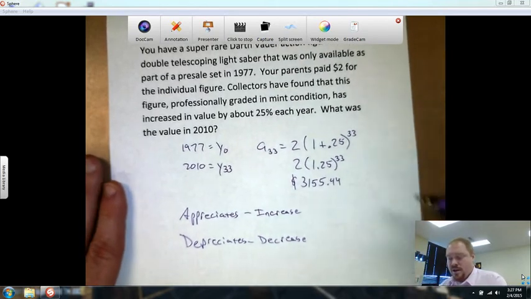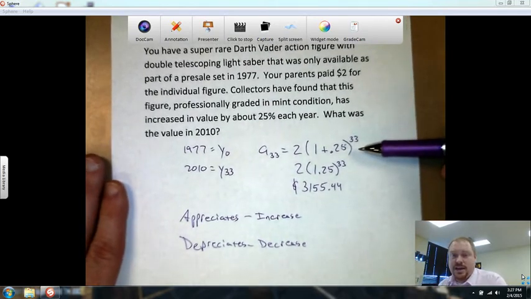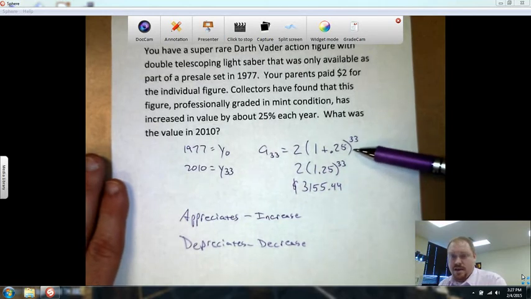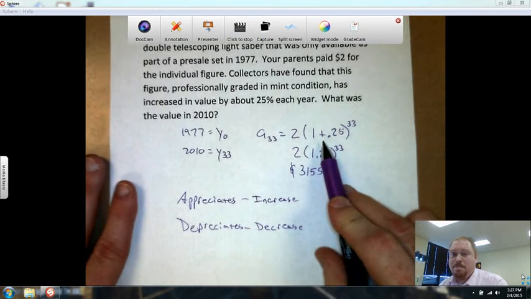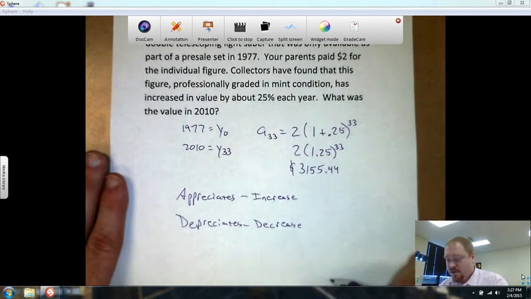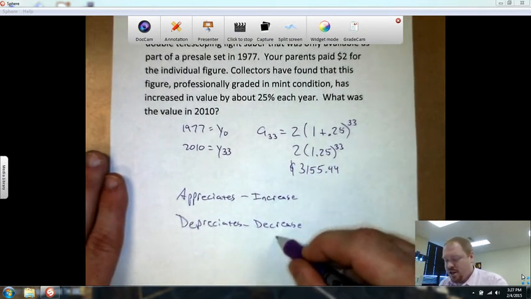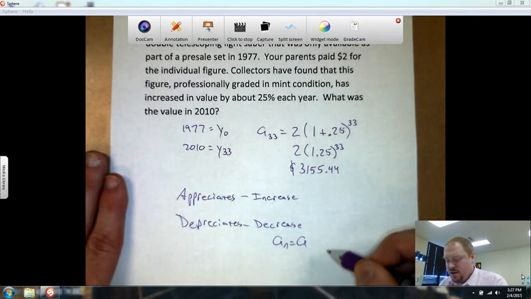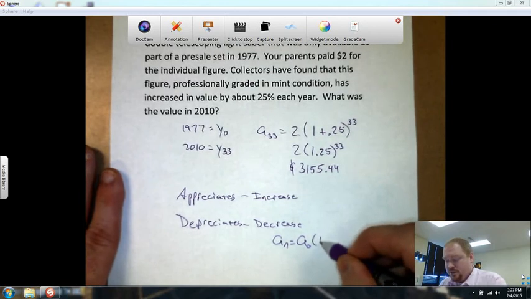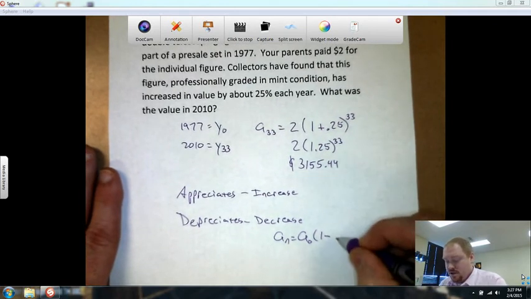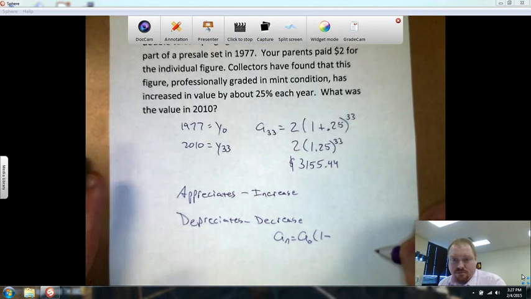So, as a variation on this, since that's an increase, that formula was used exactly as you saw it. Had that been a decrease, that would have been a minus sign. So, for depreciation, it's a sub 0, what you start with, times 1 minus the percentage rate, which we don't know what that is,